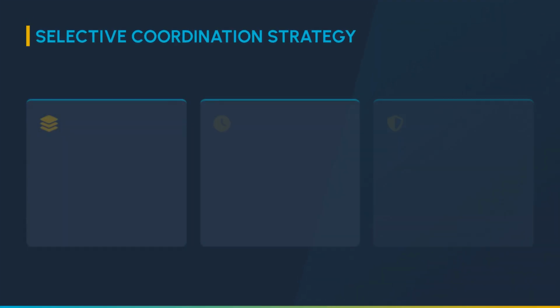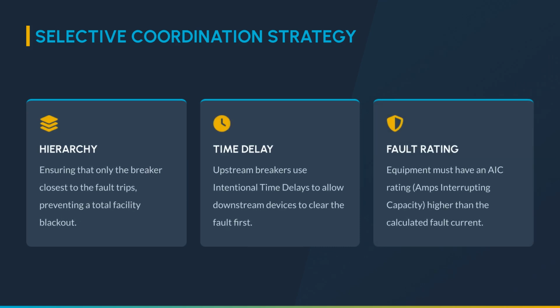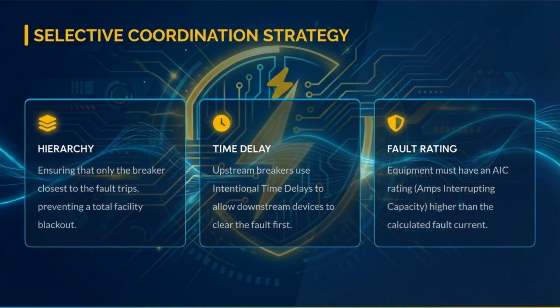Selective coordination is essential for facility reliability. This strategy includes 3 main elements: hierarchy, time delay, and fault rating. It ensures that only the protective device closest to the fault trips, preventing a complete system blackout. Implementing selective coordination involves careful component selection and setting intentional time delays on upstream breakers. This allows the fault to be cleared by the nearest downstream device first, maintaining power continuity for the rest of